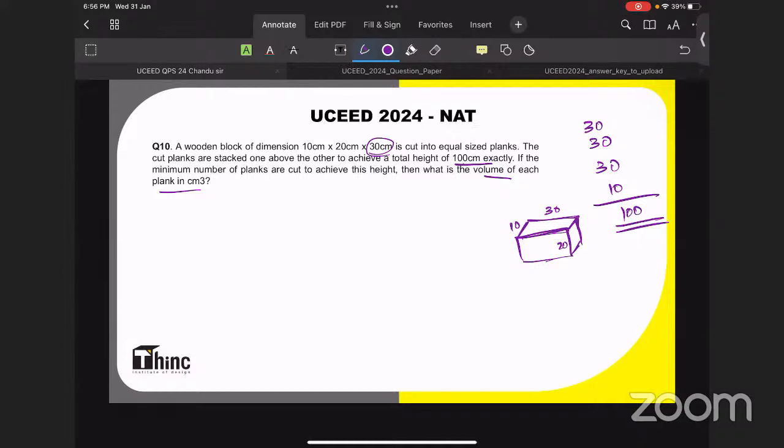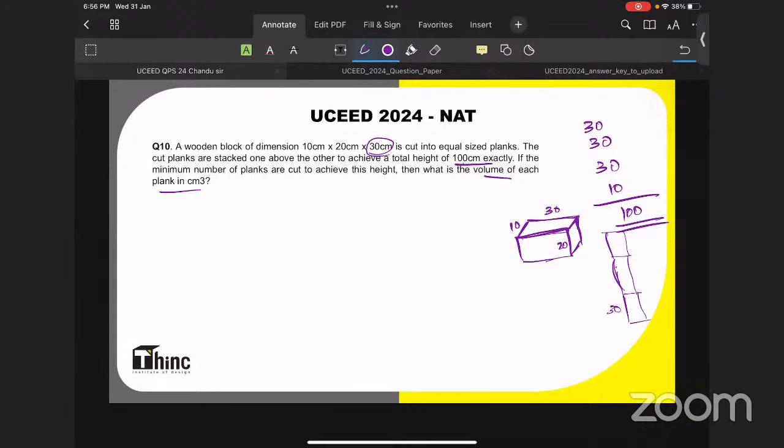This is the logic with me. Okay, my logic is like that. With 4 planks, I could make 30. So I will make that 30 side. Okay, that means the side with the 30 will be standing like this. That is what my plan is. So I will make 30 stands like this, another 30. One more 30 will be like this.